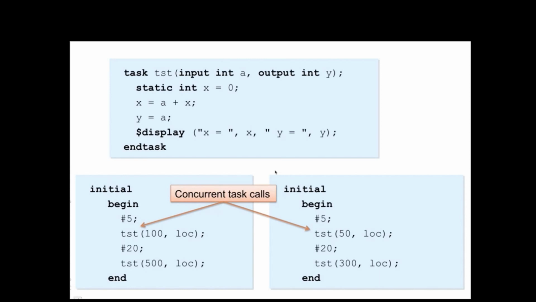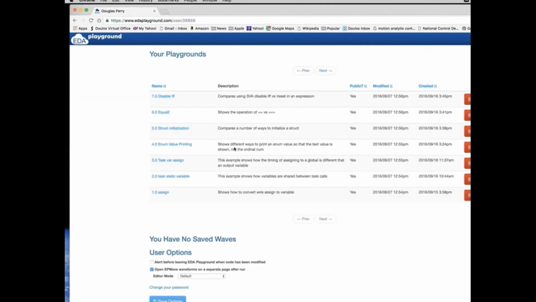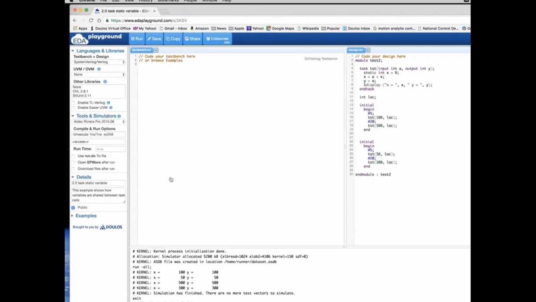Okay, so let's run it. I'm going to select the static variable case. So again, we've got our task test, input A, output Y, and x. We're going to have a static int x, which gets set to 0, and then we'll do y gets a plus x, x gets a plus x, and y gets a. And again, we've got our two initial blocks that are going to be running this code. So if I run this